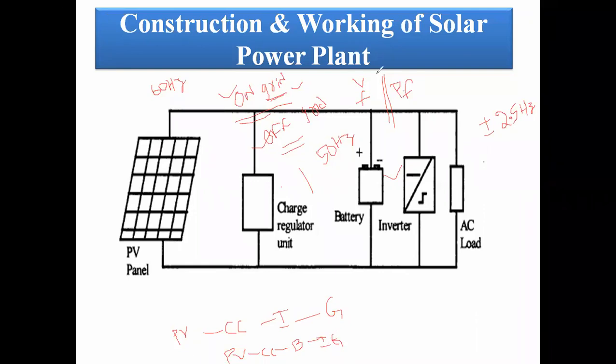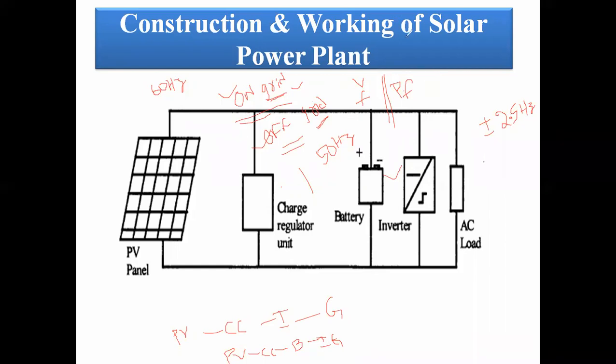Now, fossil fuels, that is thermal and nuclear power plants, pollute the environment. At the same time, fuel is required for power generation, and the maintenance cost and running cost are also more. The main advantage of solar or wind power generation is that the initial cost is high, but the running and maintenance cost is very, very less. The lifetime is also more compared to other power plants. A solar power plant has a longer lifetime because it has no rotating parts. In a rotating mechanism, the lifetime is reduced, and maintenance is also required.